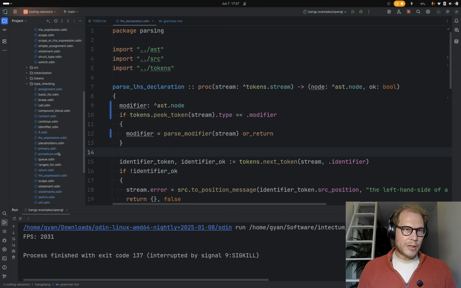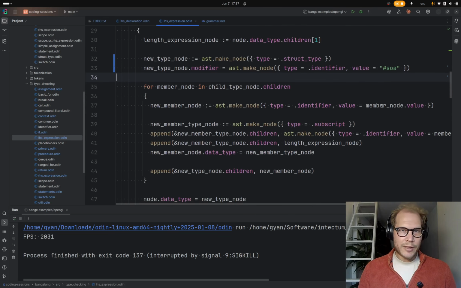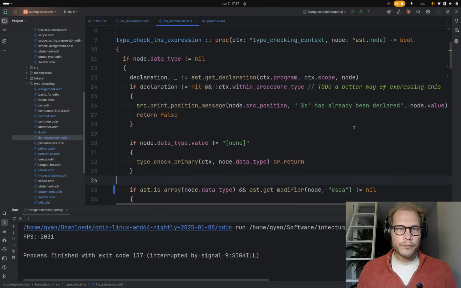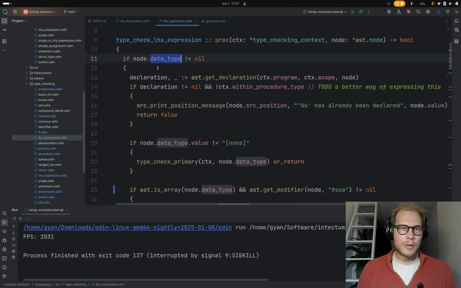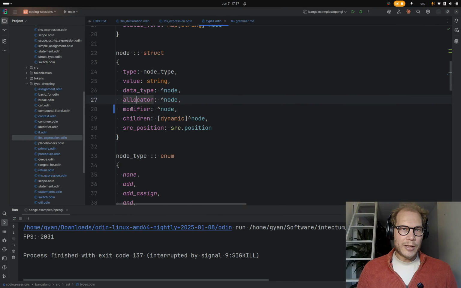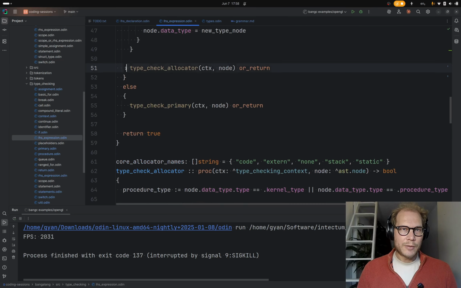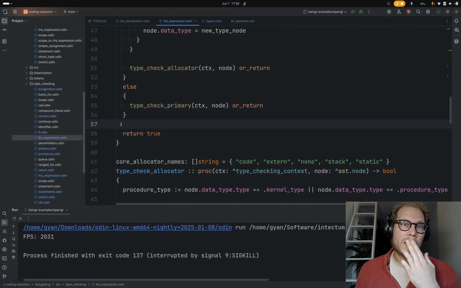So if I go into type checking, left-hand side expression, we don't specifically have a declaration part. We're checking the data type here, allocator modifier. We probably do check the allocator. We want to check the modifier.